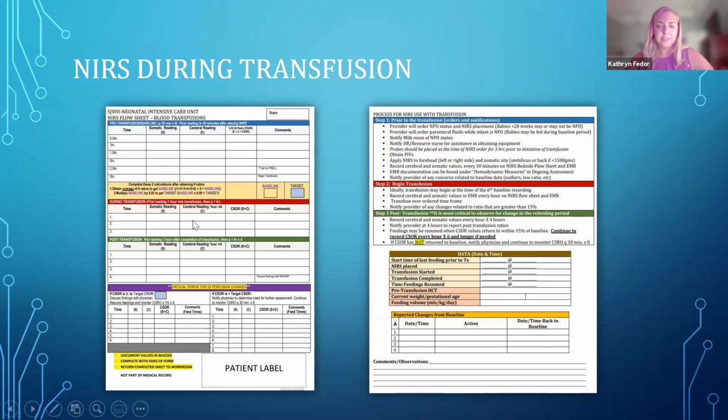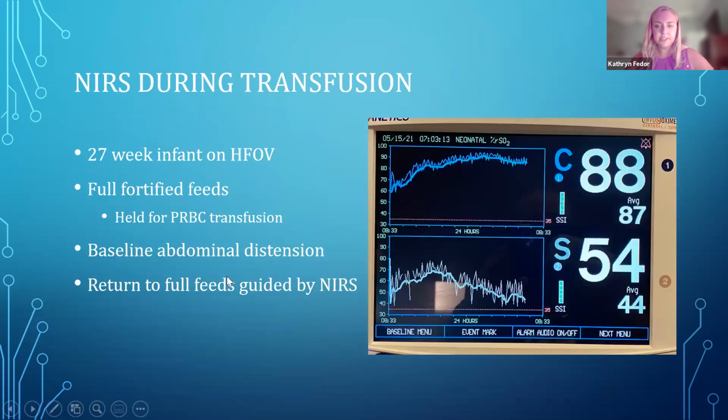So this was our flow sheet. And again, like I said, we had to adjust it several times based on some of the things we decided were important to our team and information gathering, and some from the feedback of the nurses. This is just an example of some of the things we would see during transfusion. I will say, because of the adjusting with the lowering thresholds of the hematocrits, we did not